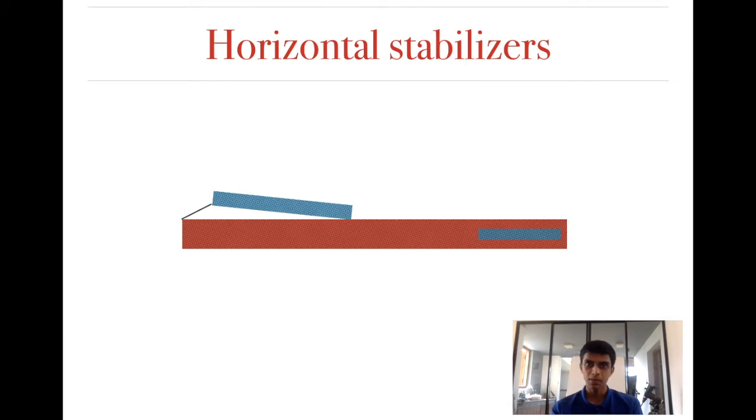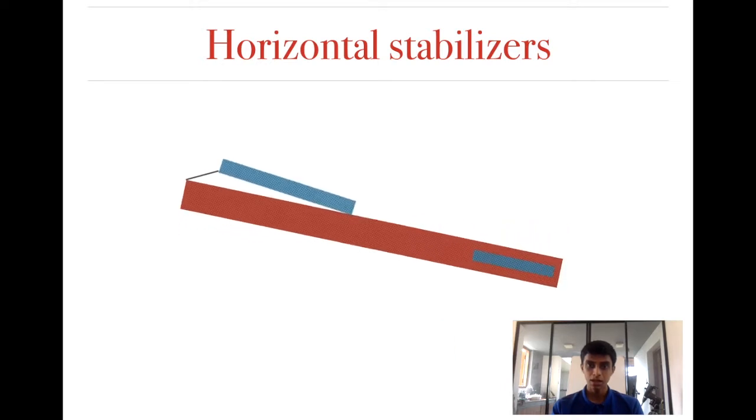Right, the second one, the horizontal stabilizers. The horizontal stabilizer is shown in blue on your right hand side. So this is what the horizontal stabilizer actually does. If the plane accidentally pitches upwards, that's called pitching. If the plane's nose moves upwards, it's called pitching basically. So in this case, if the plane pitches upwards,